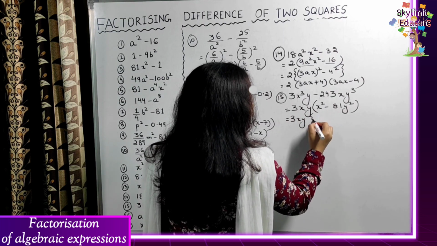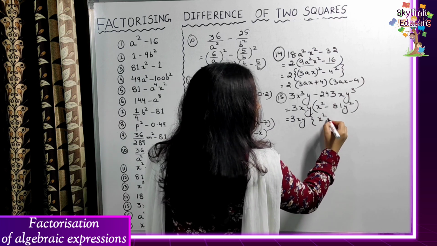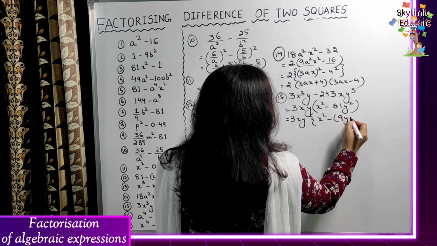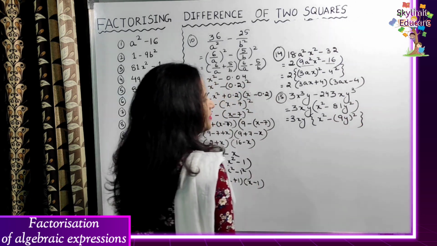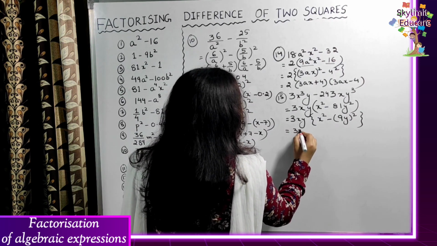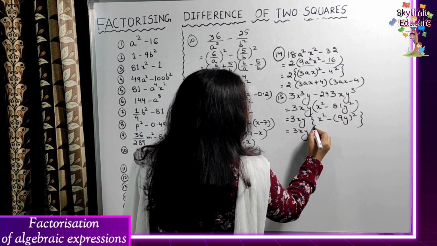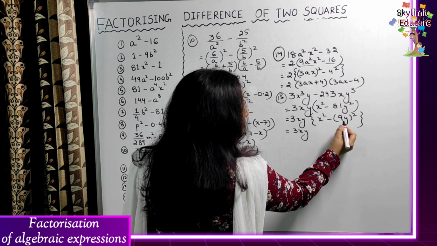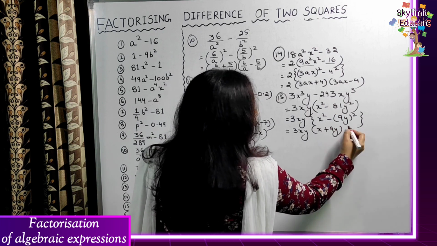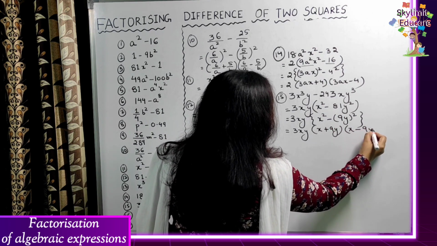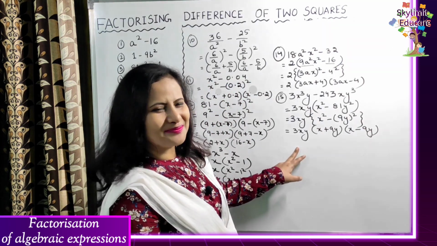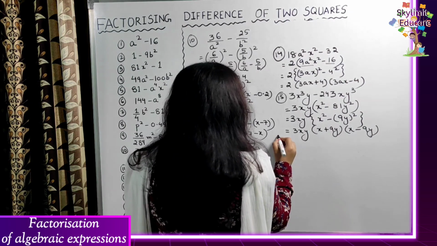Now let's factorize this. This is the square of x minus, what is the square root of 81? 9. Square root of y square is y, so 9y whole square. Okay, so you got the format a square minus b square. Now easily you can factorize it. So this is a plus b, a is x, b is 9y. So a plus b multiplied to a minus b. So easily we have factorized this. Clear? Let's come to question number 16.